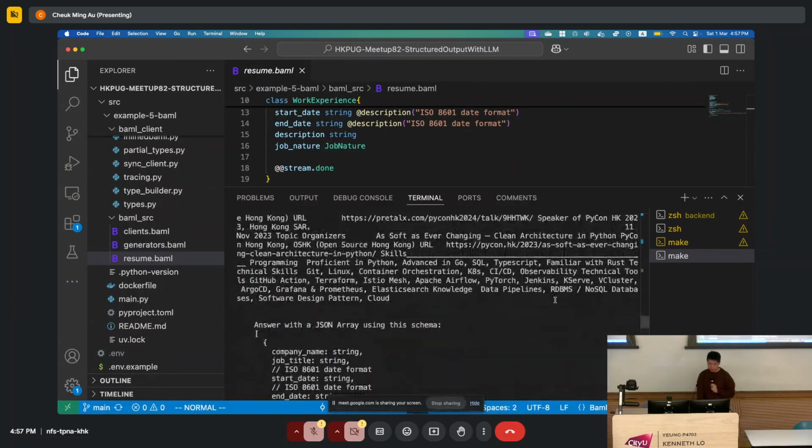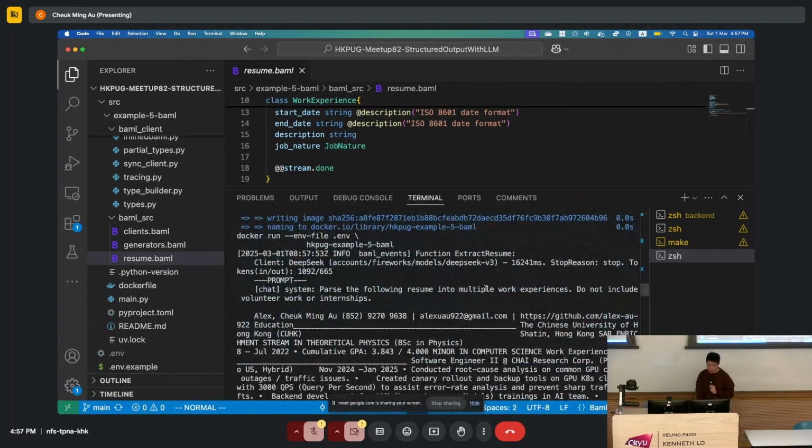So in BAML, you can actually get the data from the log. Because it is still integrating with the API and improving the API, you can only get the tokens in the log. But you can see here the input tokens actually shrink to 1092 compared to